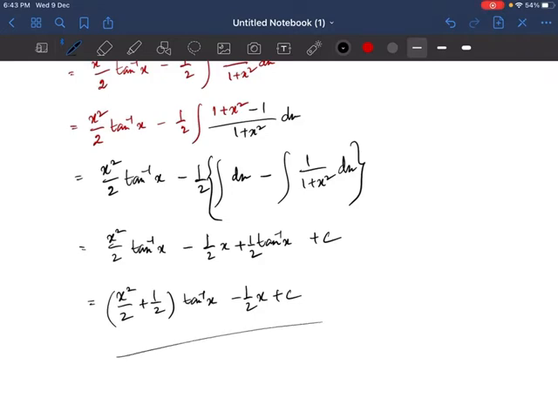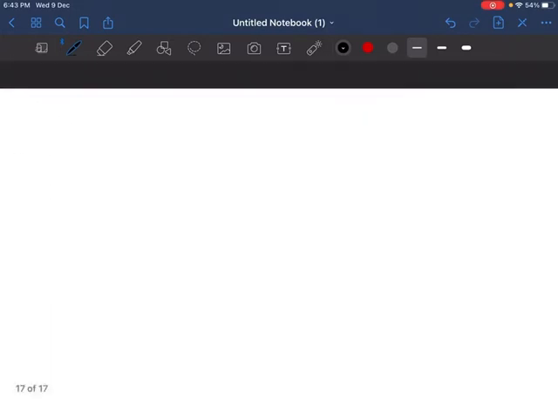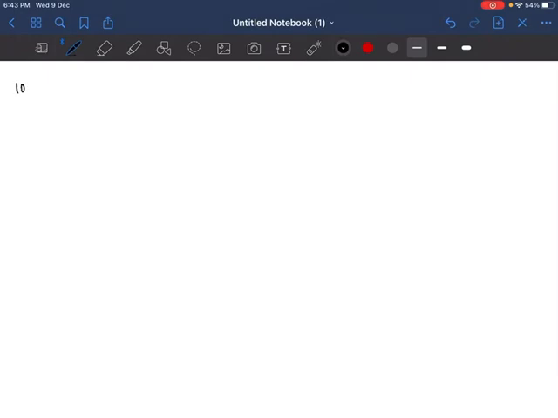Question number 9 is also same. So let me try to do question number 10. What we have in question number 10 is integration of sine inverse x whole square. So again you see it is sine inverse x whole square dx. So now what do you do? So for this function you think of isolate.